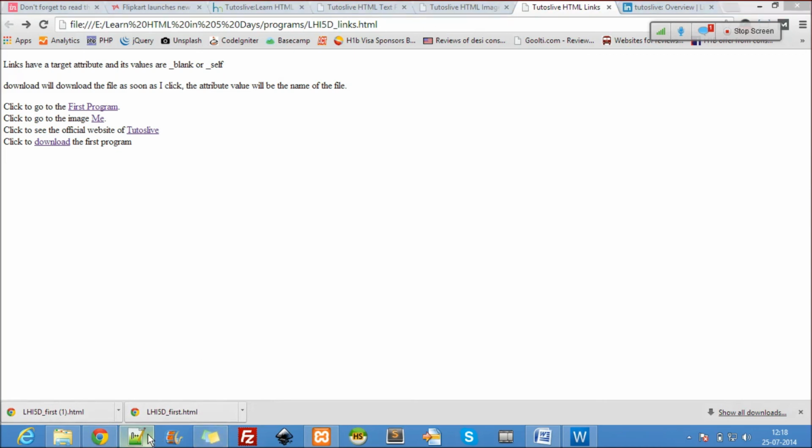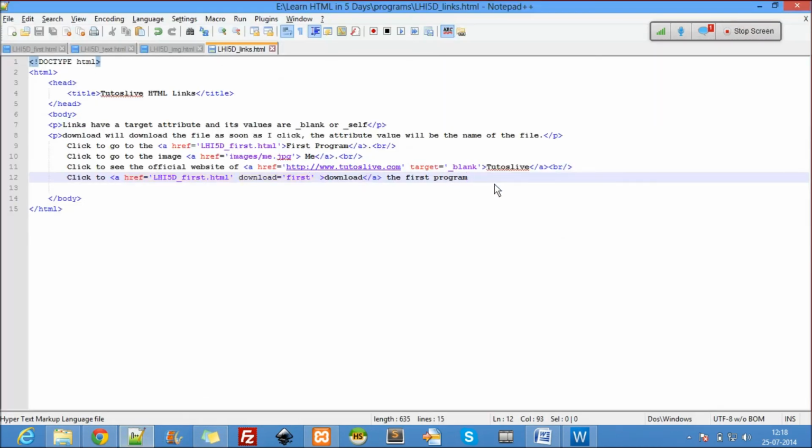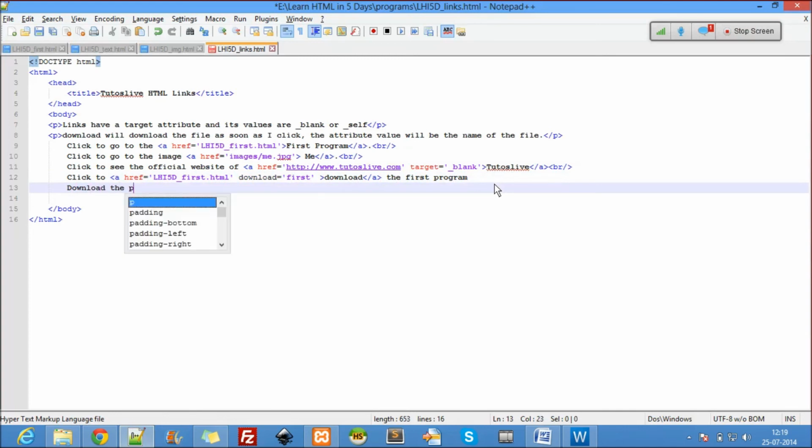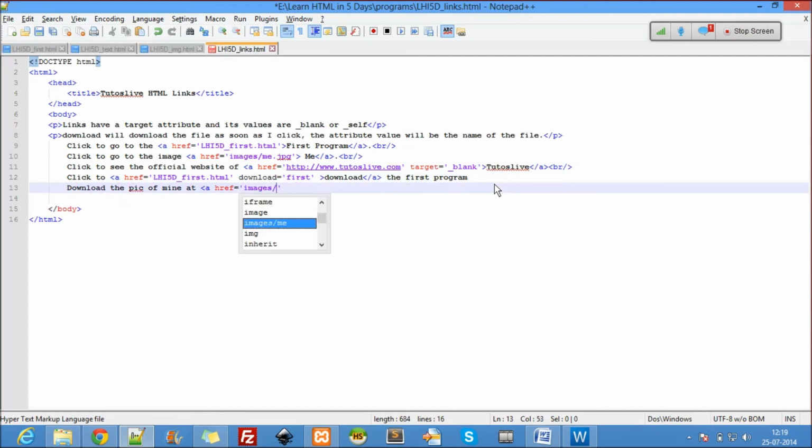Again, I can use images also. You can see here, I'll say download the pic of mine, href equal to images slash kick.gif, download equal to me.